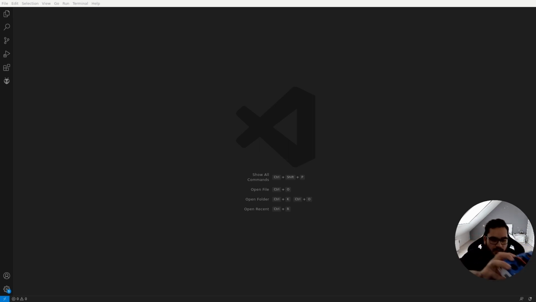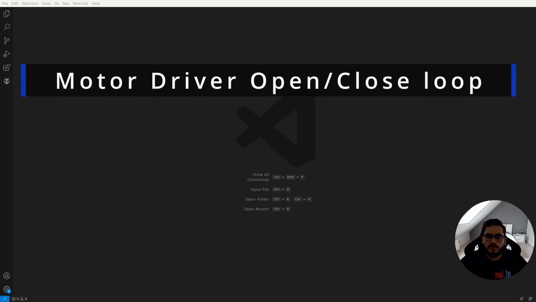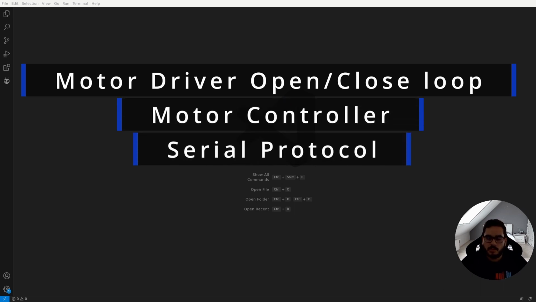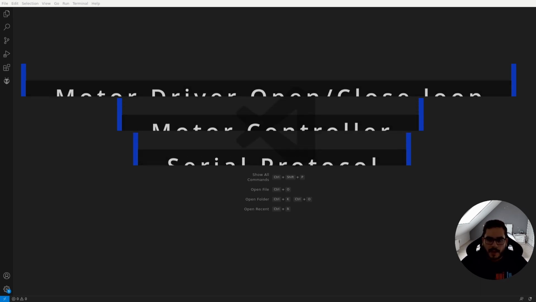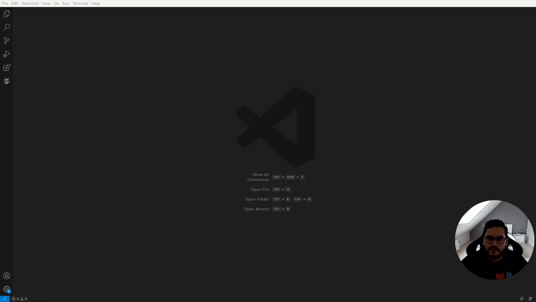And in this episode, we will be starting the low-level development, and by this I mean developing the motor drivers, a motor controller, and a serial protocol. In this episode, we will be developing a motor driver, which will communicate with the L298N motor driver, okay? But before we start, I would like to show you how to use PlatformIO IDE, which